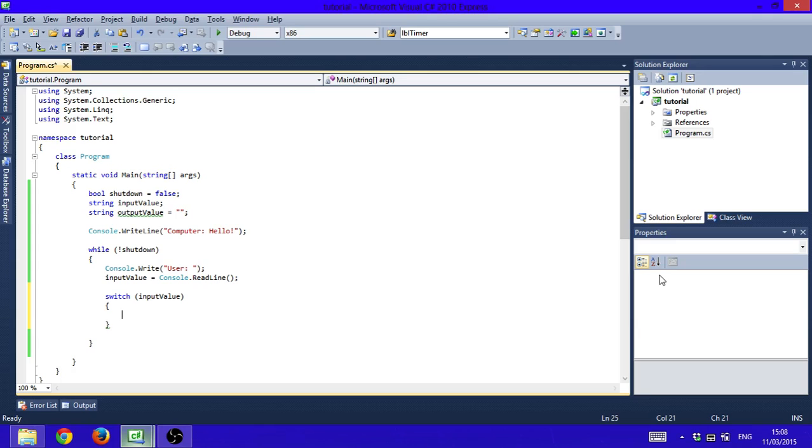And then within this switch statement you type case, and then what word you want to look for, or what sentence you want to look for, and you say something like hello,